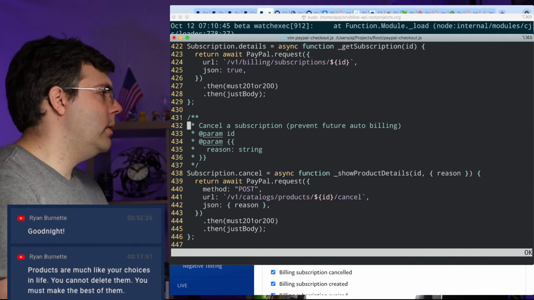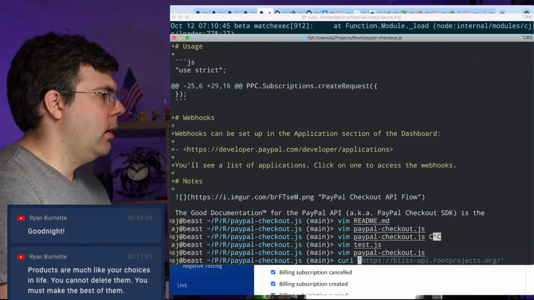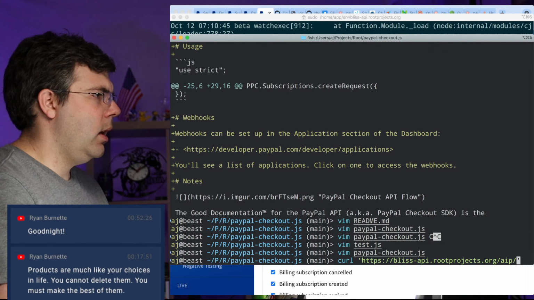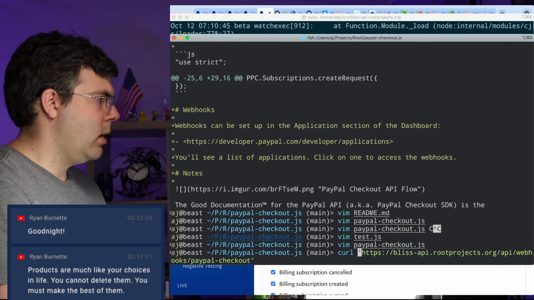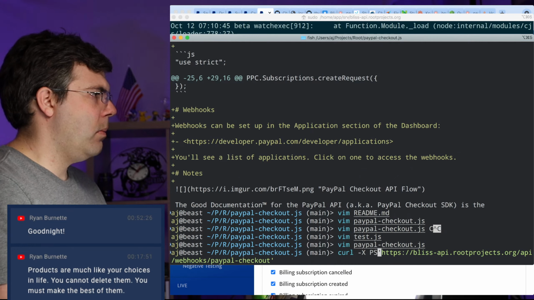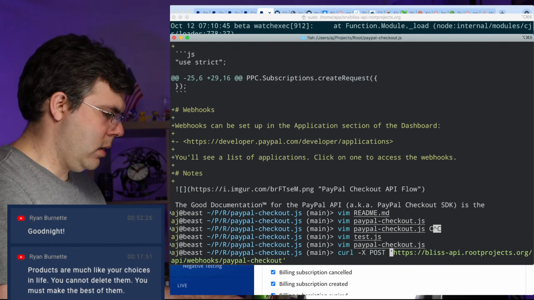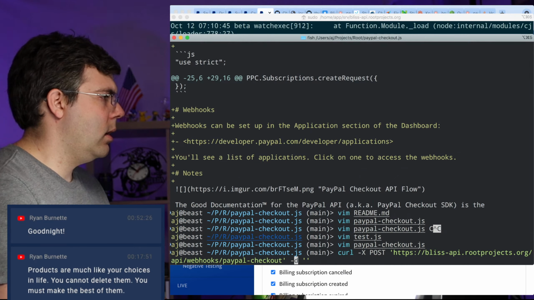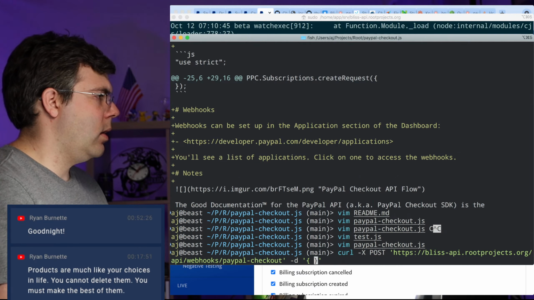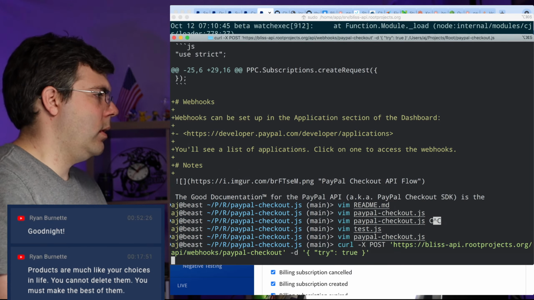Because I think what we should see at this point is API webhooks PayPal checkout, curl -X POST, and then -d, try true. Let's try that.